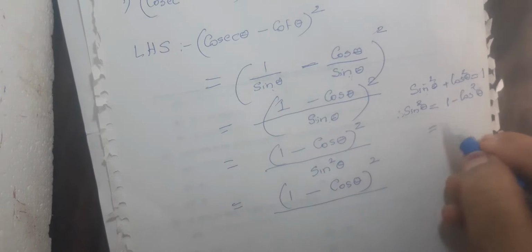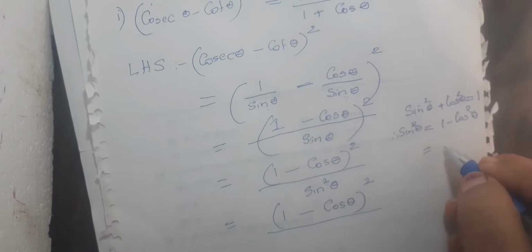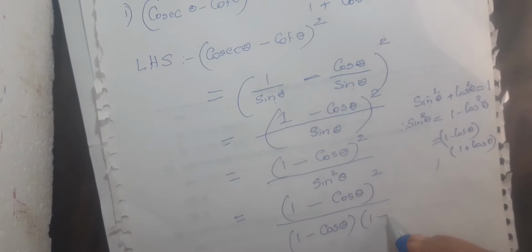And that 1 minus cos squared theta, according to the algebraic formula a squared minus b squared, you can write as 1 minus cos theta into 1 plus cos theta. You can write it like that, a minus b into a plus b. So we are using that here. So I will write here sin squared theta. I have written here how you got this. So 1 minus cos theta into 1 plus cos theta, I shall write here now.